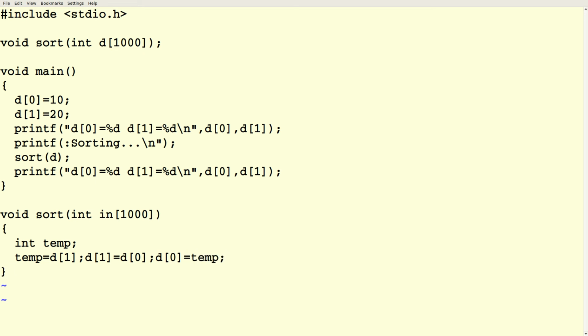All right, so there's our simplified bubble sort. It just swaps elements 0 and 1. So d[0] is 10, d[1] is 20. We'll print those out, and then we'll call our sort function, and then we'll print them out again, and it should swap those.